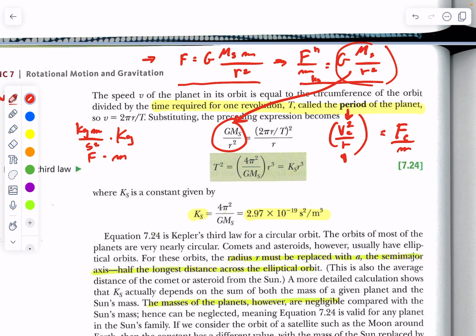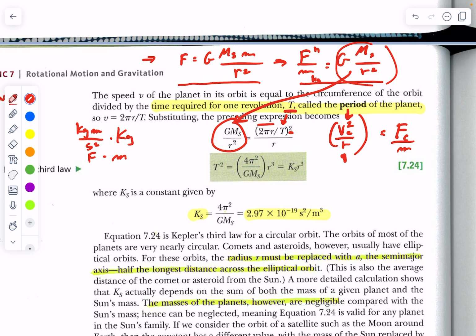And the velocity is going to be the circumference of the orbit, 2 pi r, divided by the amount of time it takes to go around the sun, which is the capital letter T. That's called the period, the amount of time for the planet to go around the sun, and it's got to be squared, divided by r. And so